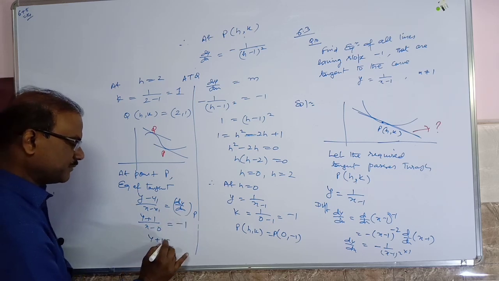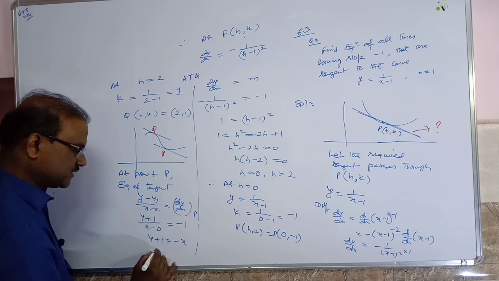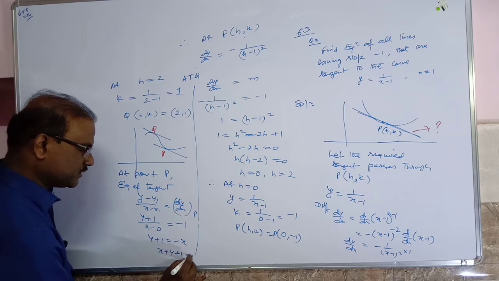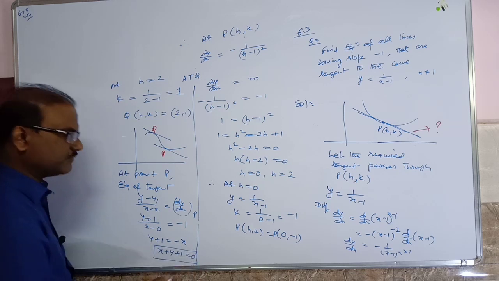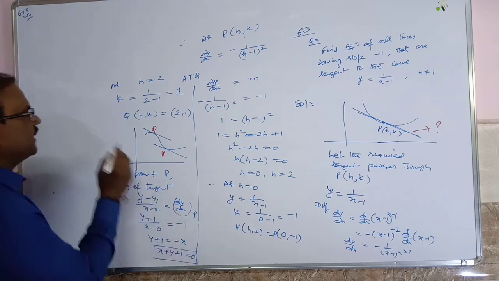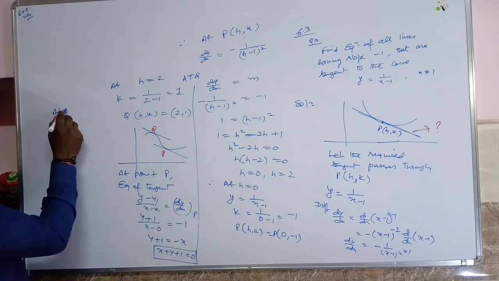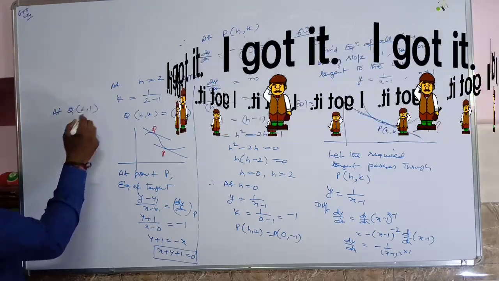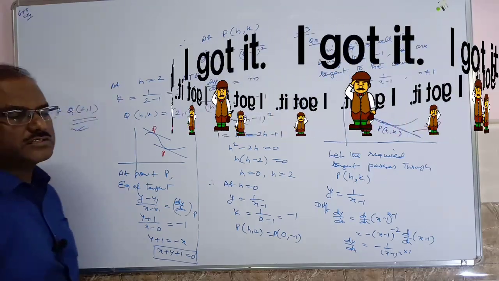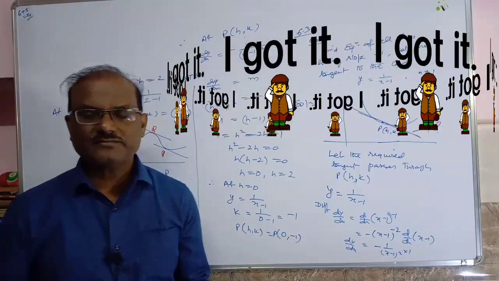Already we are having y plus 1 is equals to -x, then x plus y plus 1 is equals to 0 is one of the tangent. At Q, simply 2 comma 1 you can do, you will get the other equation. Okay,